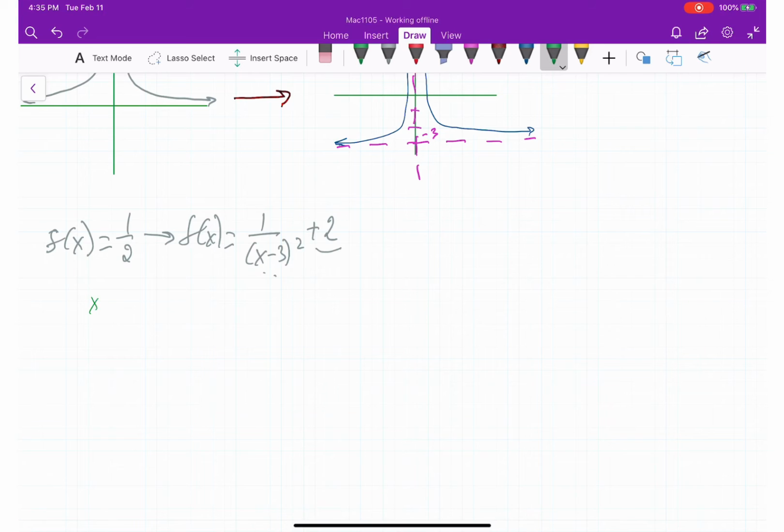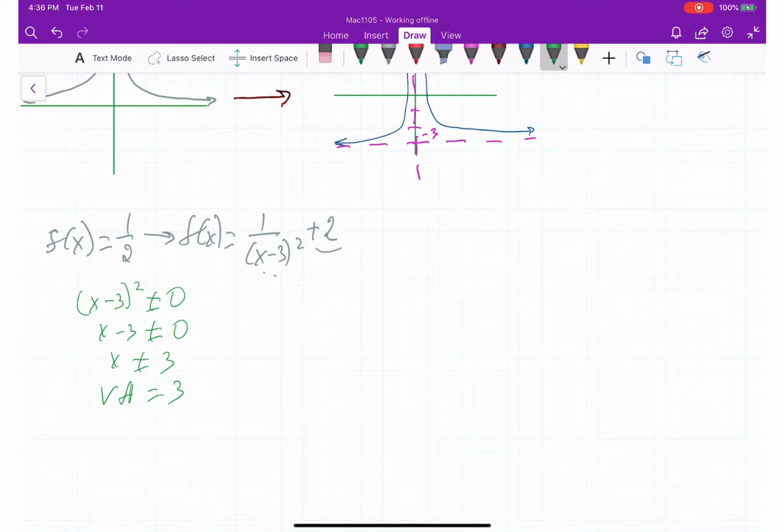So (x minus 3) squared cannot be equal to 0. That means x minus 3 cannot be equal to 0. X cannot be equal to 3. So the vertical asymptote is x equals 3. Right? Horizontal asymptote,